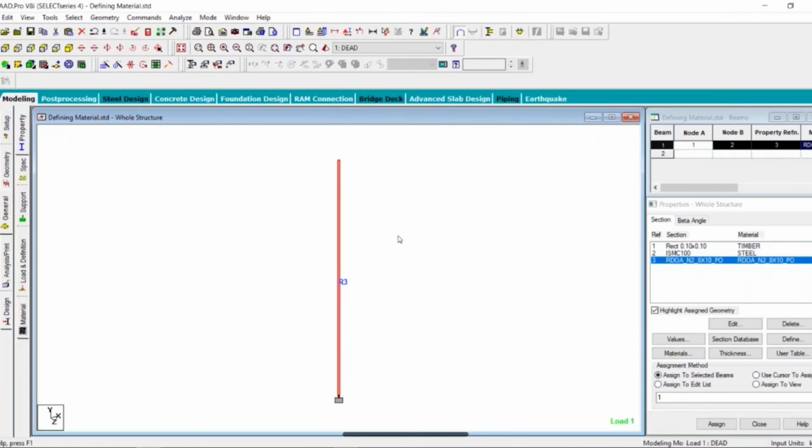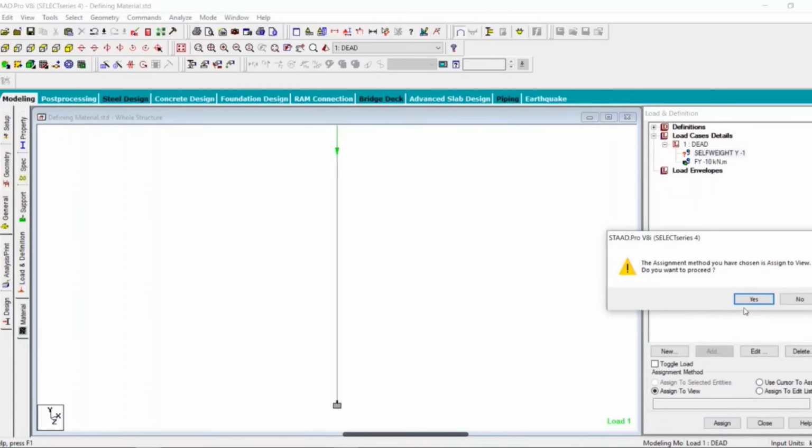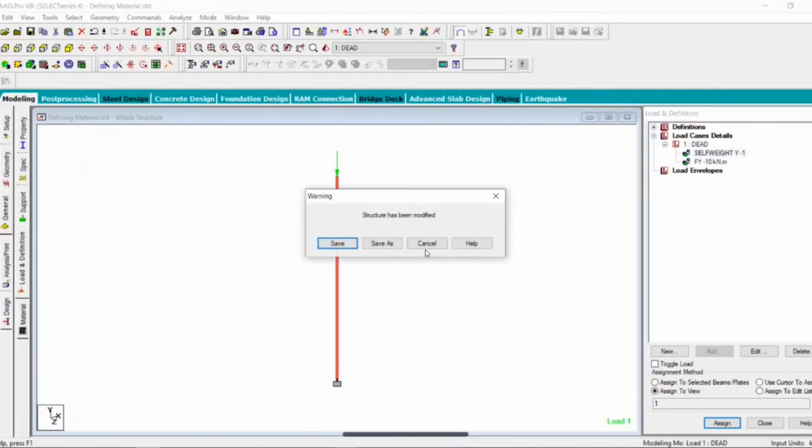Okay, now let us try to apply the load here in this column and check if we got any load remaining. Click on load and definition. We don't have any defined load. Oh yeah, we got the load. We don't have the self weight. Click on the self weight and click on assign to view and click on assign and click on yes. So we got the load. Now click on